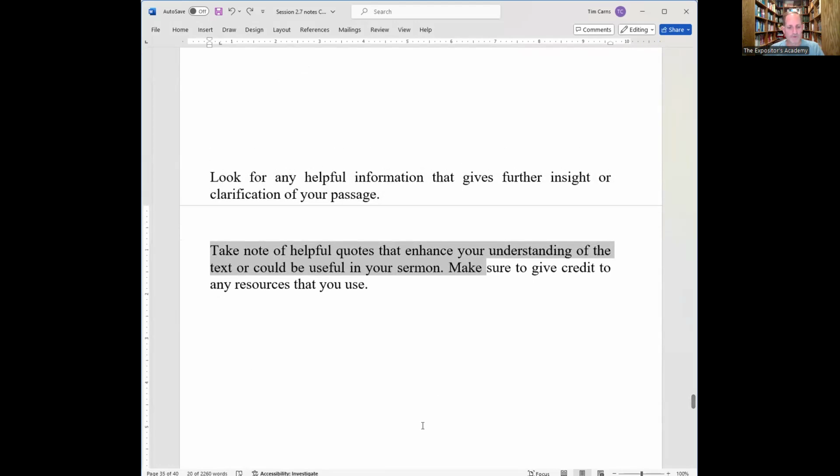So what I do anyway is I'll take the resource, and if I'm looking at, say, a passage, and I'm in verse 3 of the text, I'll just have a separate document, and I'll have verse 3, and then I'll put under verse 3 any comments or insights from a resource. I'll compile it there. So then at the end, I'll have organized by verse all the input that I got from the various resources. Now, for the assignment, you don't have to do all that. You need to consult the resource, look through it, get from it information that's helpful to you, new insights or confirmation, things like that.